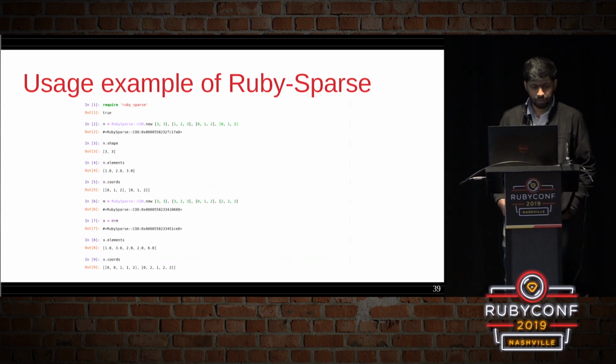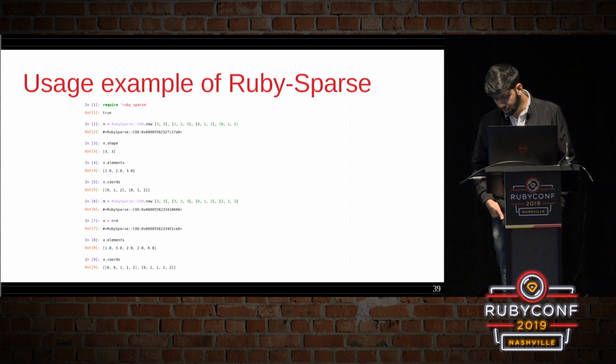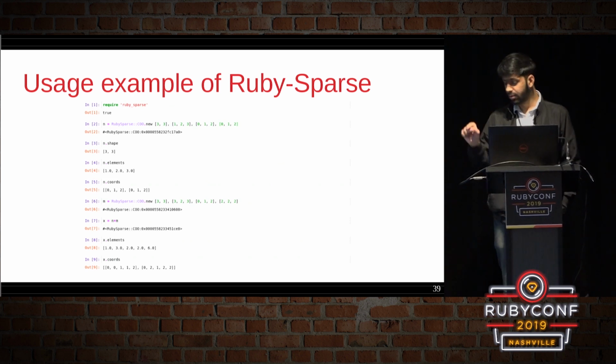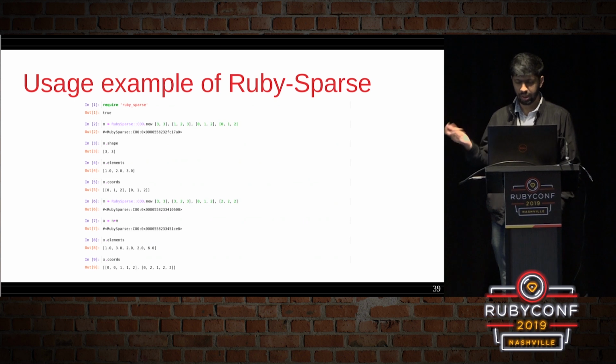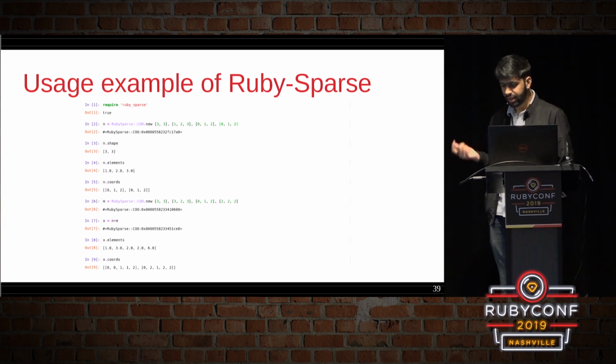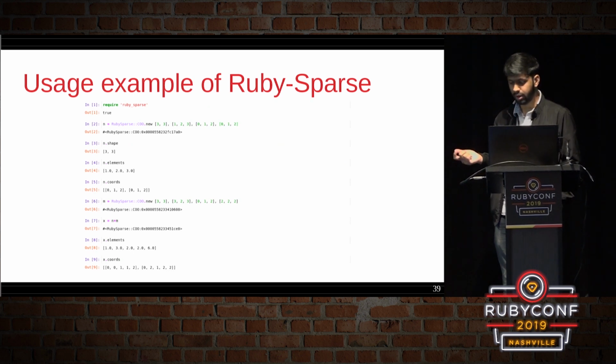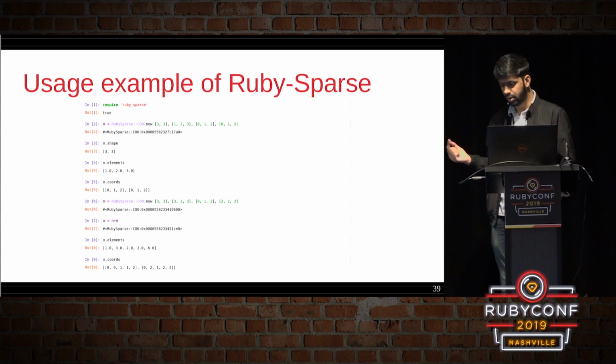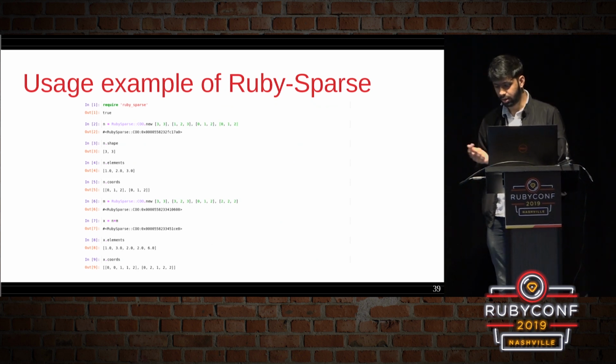First we declare a COO matrix with 3 by 3 shape, and it has 3 elements. The first array is 1, 2, 3, which is the array of element values. The second array is for the row indices, and the third array is for the column indices. What that transforms into is that the first non-zero element has value 1 at the first row and first column, the second has value 2 at the second row and second column, and the third has value 3 at the third row and third column.